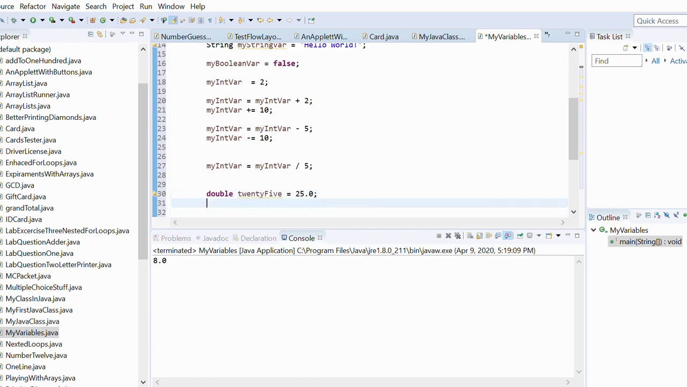Now we want to square root this. In order to square root something, you are going to need to use Math.sqrt. This is just how things are in Java. We can pass twentyFive in as our argument. So now what this right here would do is it would square root 25. However, even though the